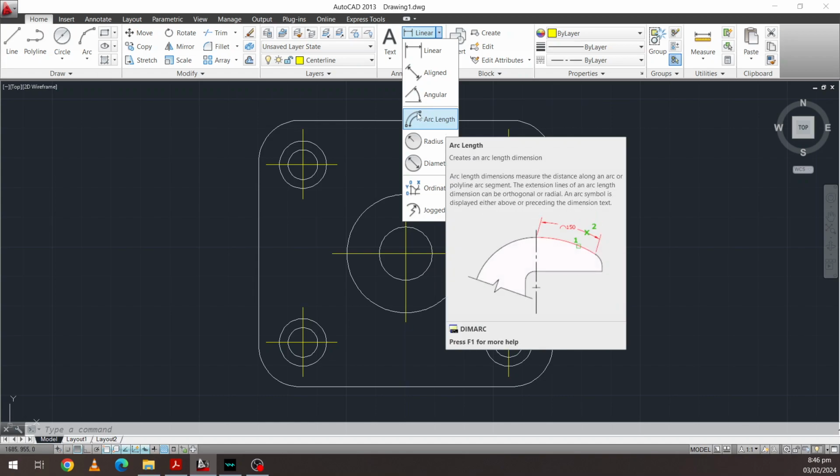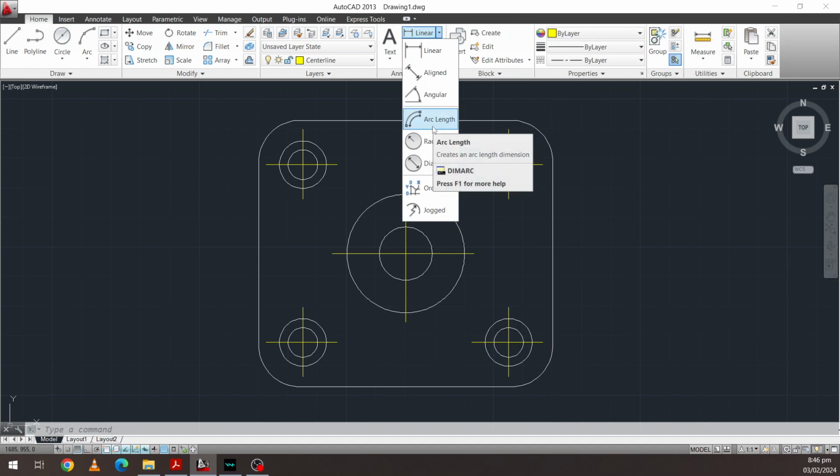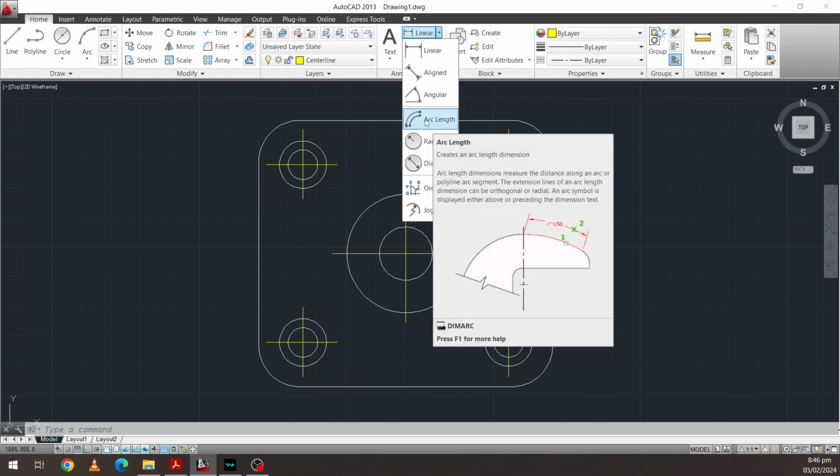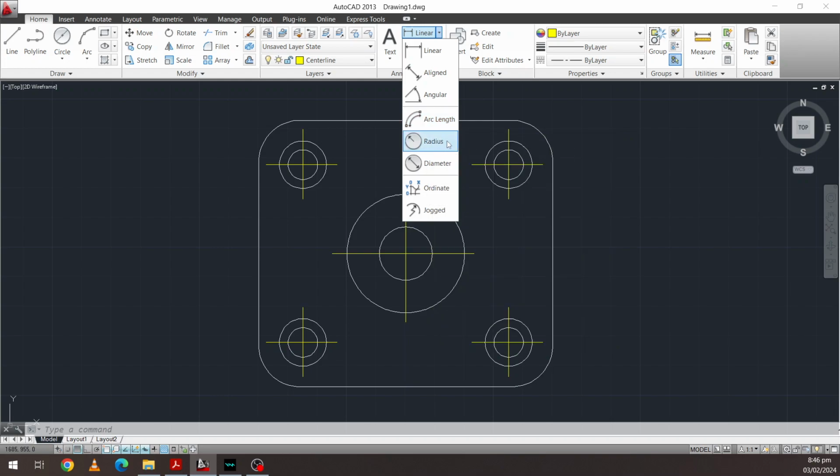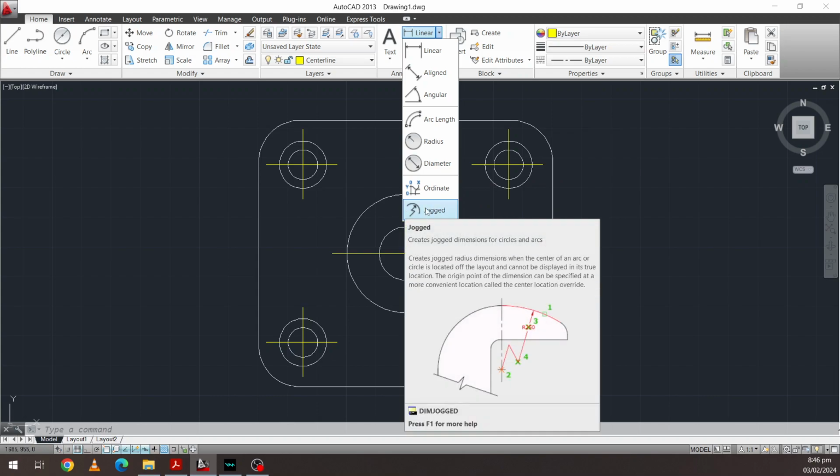This one you will not use for this particular case, or for your particular exams. You're not usually required to dimension arc length. But radius you will use to dimension radiuses, and diameter you will use to dimension diameters. You will not use ordinate, but you will use jog dimensions. I will explain what jog dimensions are later, but simply put,